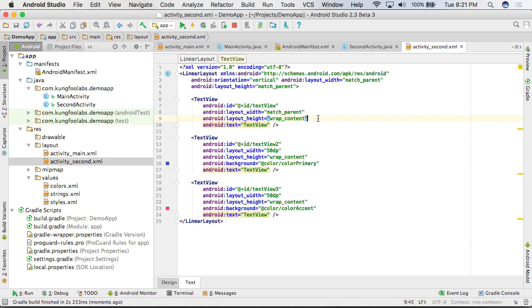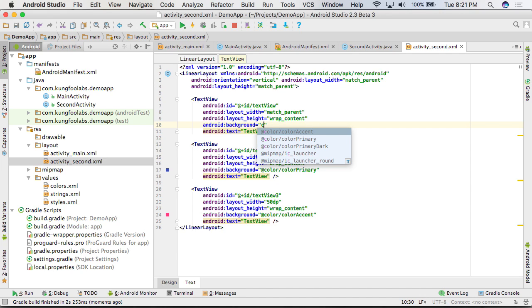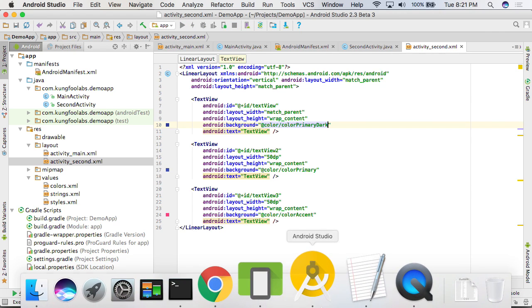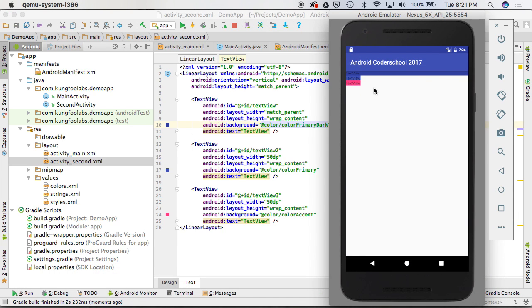Oh, sorry, and then I will change this as well. Cool. So you can see how that sizing is different, right? Match parent for the width covers the entire parent, and those individual ones are only 50